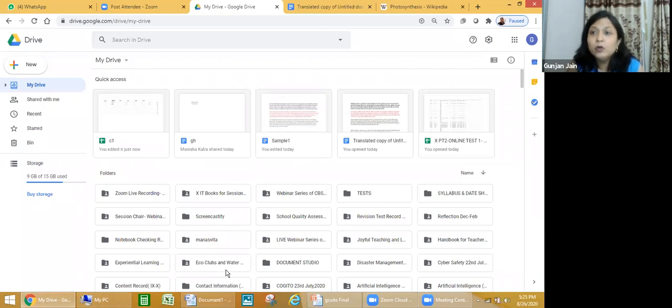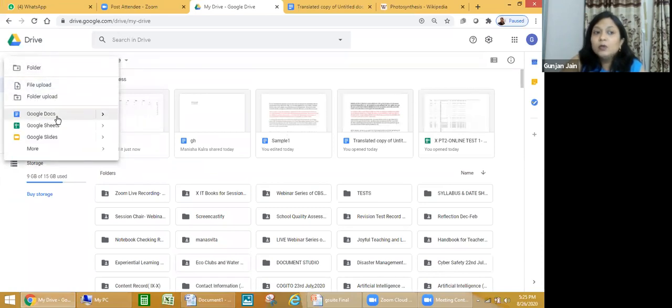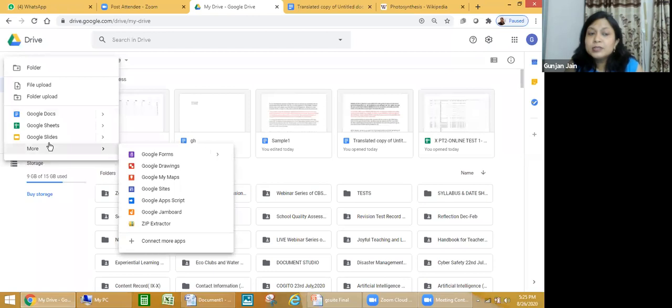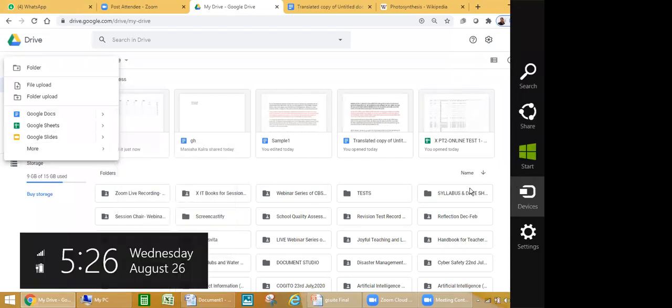Though I have told you how you can use docs or slides or sheets separately, this is one place from where you can do everything. Like you can click on new and then you can click on Google Docs. Then you can click on Google Sheets. You can click on Google Slides. So it is better if you don't go to those apps individually. Better you always make it a habit to work from the drive. Why so? If you're working directly in the drive, you will be able to organize your things in a better way. See, here I can show you.